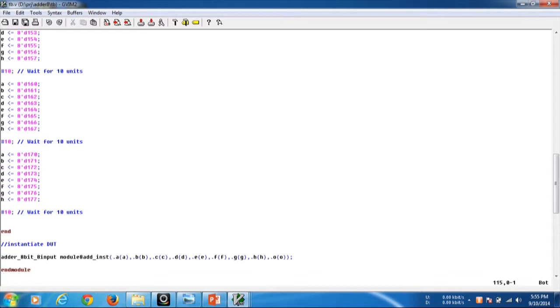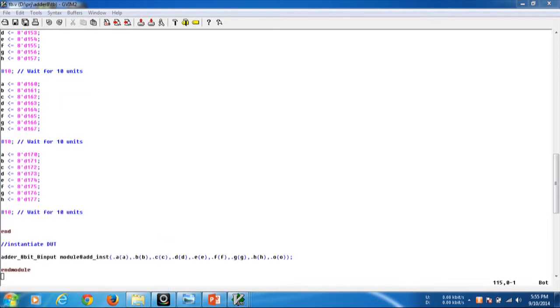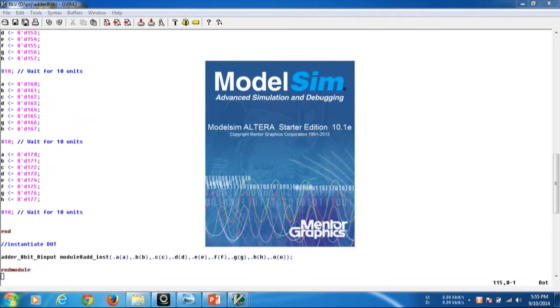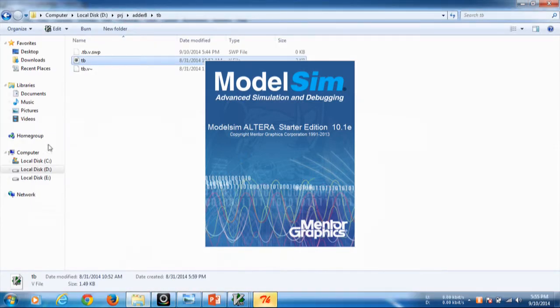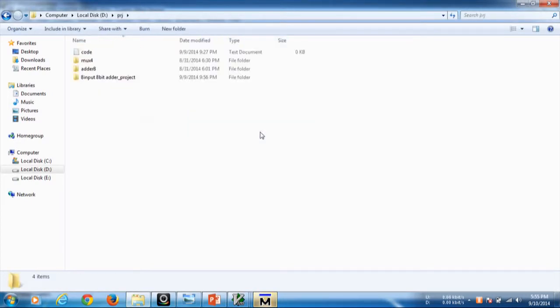To compile what you have written using ModelSim, I am opening ModelSim. While opening, I will give you a small piece of information regarding where I have saved the code. On my computer I have saved the code in the D drive, under the folder project, which has different subfolders.